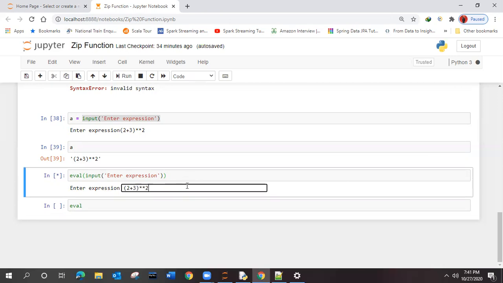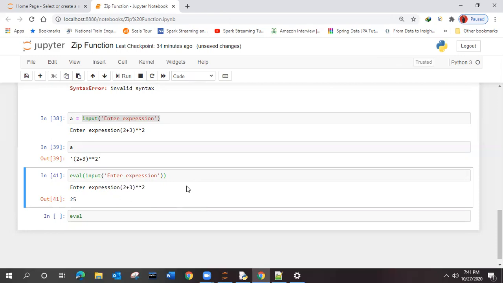This was the expression, correct? So this is how the eval function is working. Whatever expression you give, it will work. It doesn't ask you for a storage variable and other things. Here it is not asking for one variable inside which you store the value and then pass that variable.